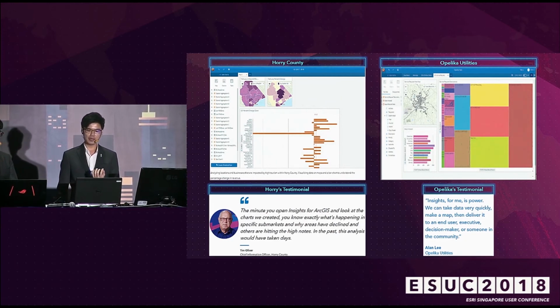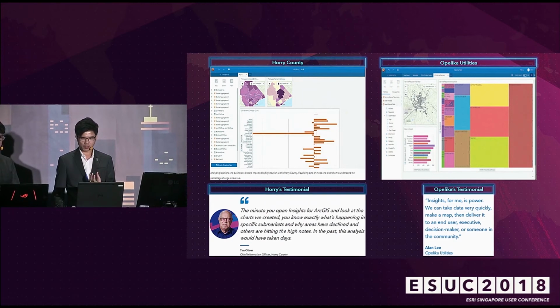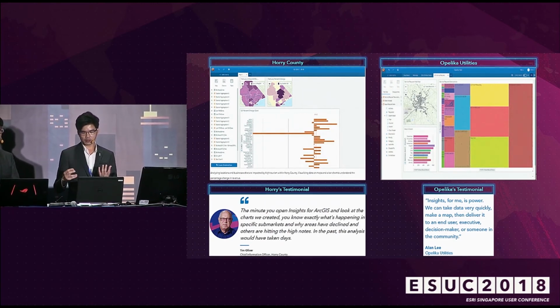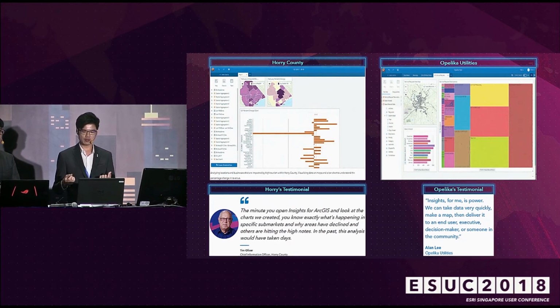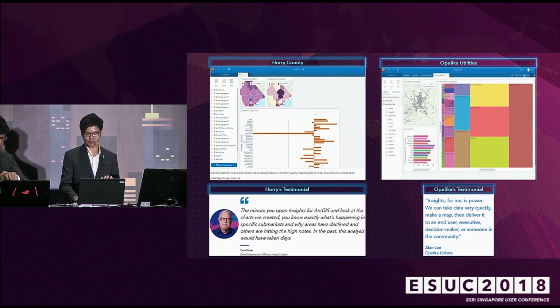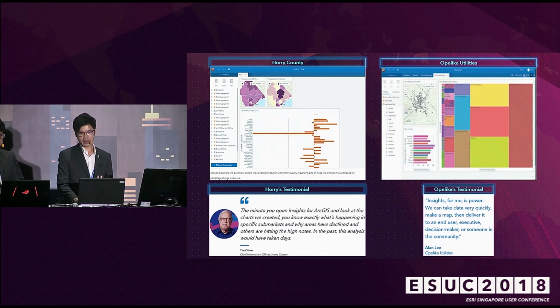And we have Opelika Utilities. So their mission is to supply a constant supply of water to citizens and industries, but non-operating meters, or what they call the dead meters, have caused them lost revenues. So they use Insights to find out about the dead meters and also to identify manufacturers' trends and issues with specific meters. As a result, they have identified hundreds of dead meters and recovered $25,000 per month, and that's $3,000 per annum.